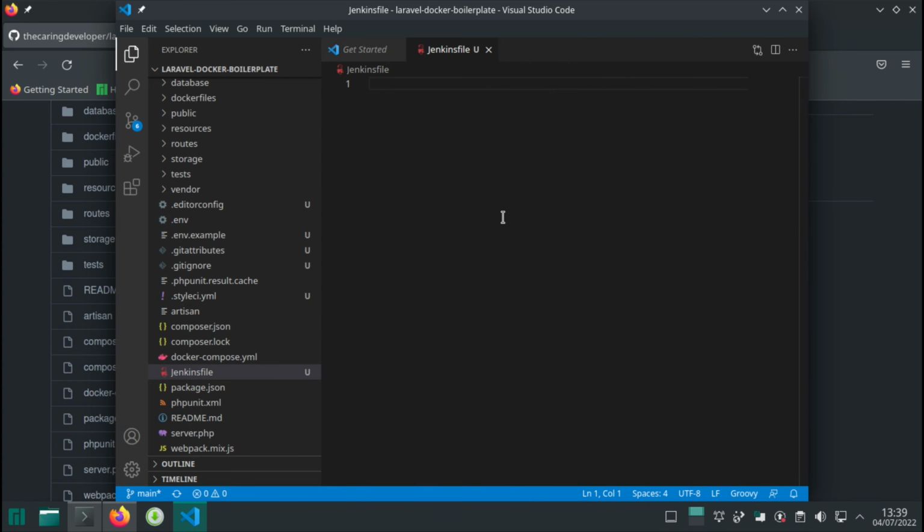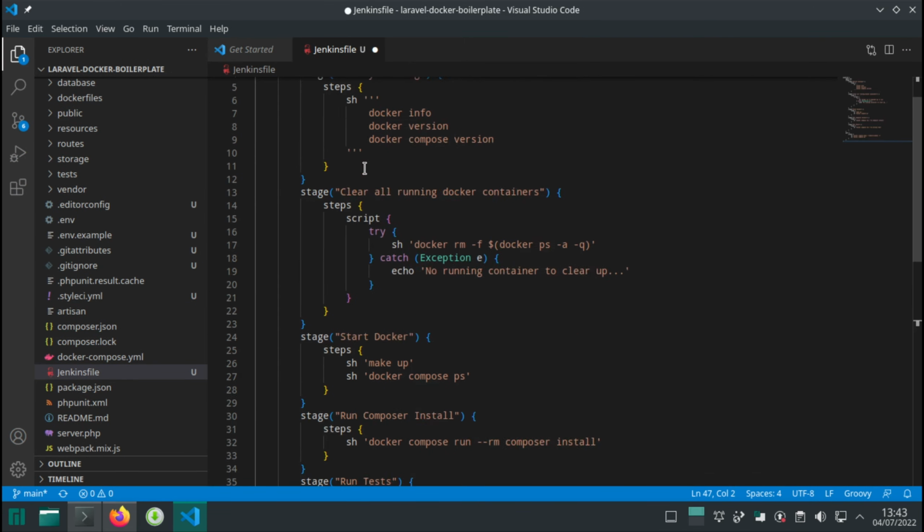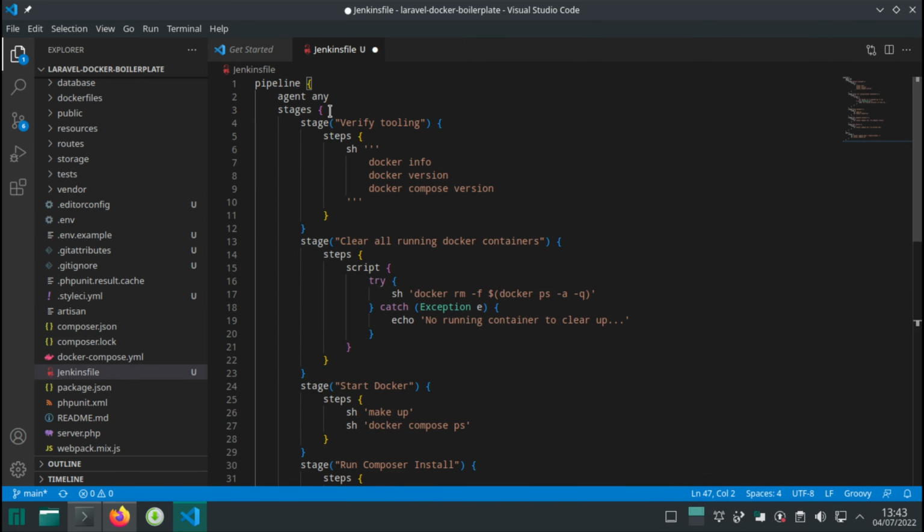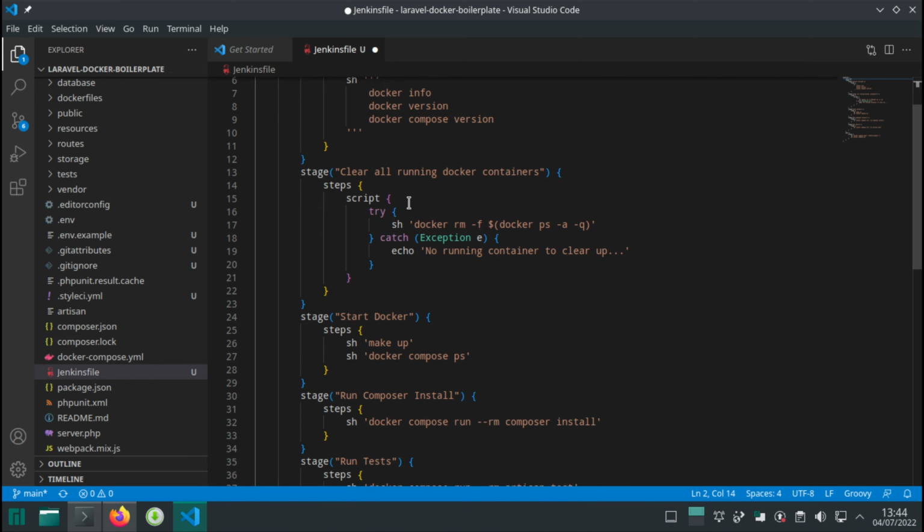I already have the file content on my clipboard, so let's talk a little bit about the contents of this file. We have our pipeline section, agent, and then stages. These are independent from AWS. First, we want to know if we have Docker installed. If we run this pipeline on another machine where Docker is not installed, then it would fail straight away. Then we want to clear out our running Docker containers, remove them all, and then we're going to start